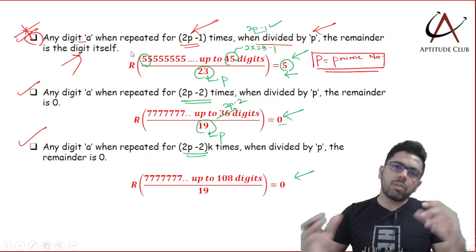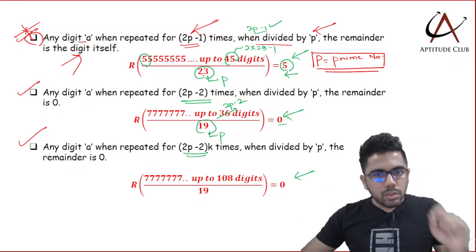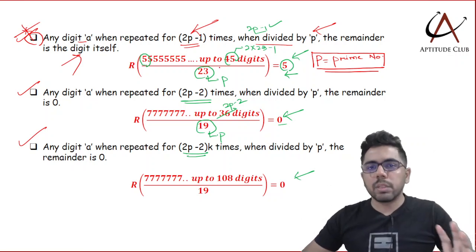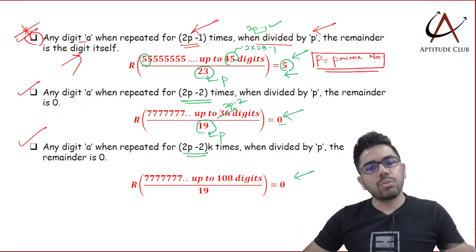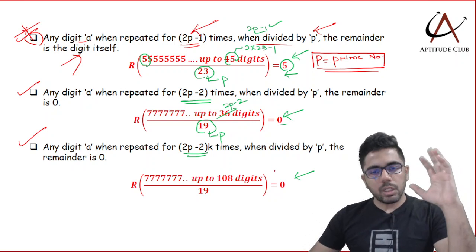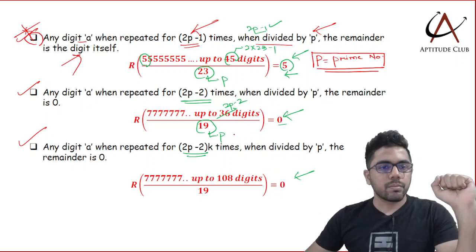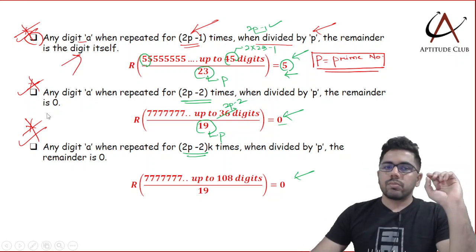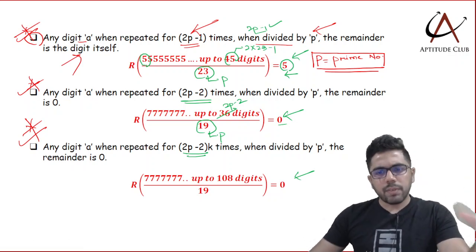तो जो भी digit repeat हो रहा है वो वही है remainder, बट वो कंडीशन देखना है कि p प्राइम नंबर है, डिवाइजर p है, 2p minus 1 टाइम्स रिपीट हो रहा है। जब 2p minus 2 टाइम्स रिपीट हो रहा है, रिमाइंडर इज 0, और एनी मल्टीपल ऑफ 2p minus 2 हो रहा है तो भी रिमाइंडर 0। दीज आर वेरी इंपॉर्टेंट प्रिंसिपल्स, वेरी इंपॉर्टेंट। तो इसको माइंड में रखोगे तो सच काइंड ऑफ क्वेश्चन 5 सेकंड, वी डोंट हैव टू सॉल्व दिस थिंग, जस्ट देखेंगे क्वेश्चन, आंसर करेंगे।